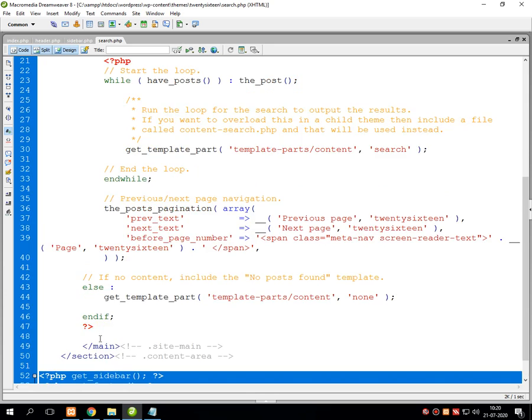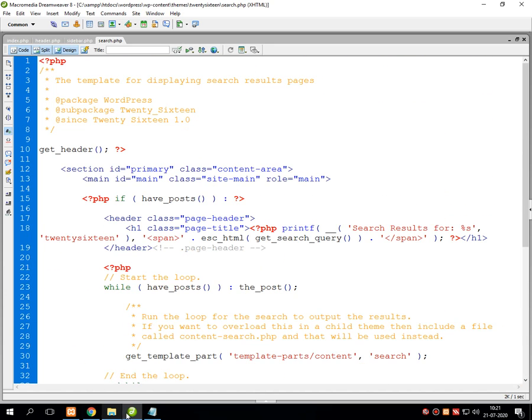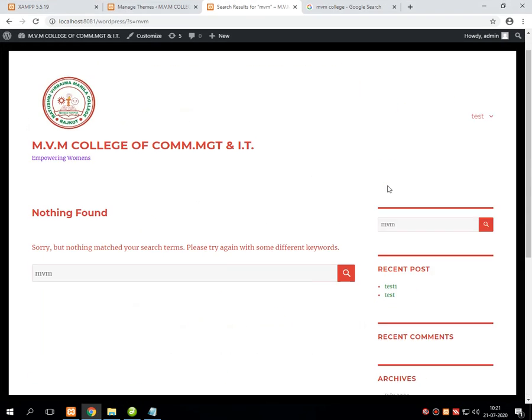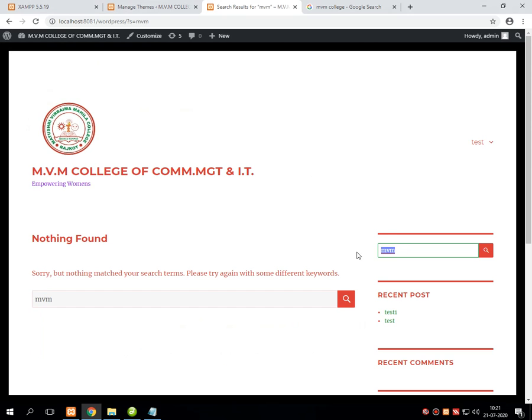So this was all about the functionality called search, which is given in the sidebar at the topmost corner on the right hand side.